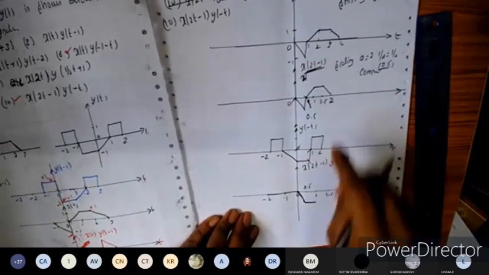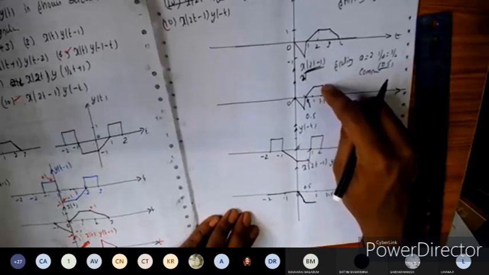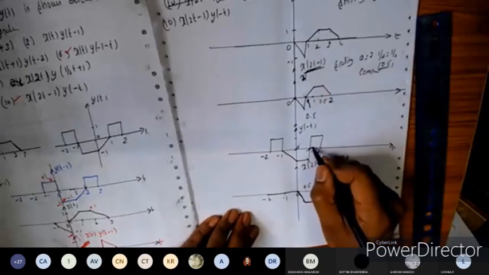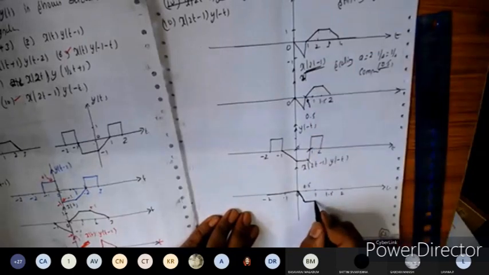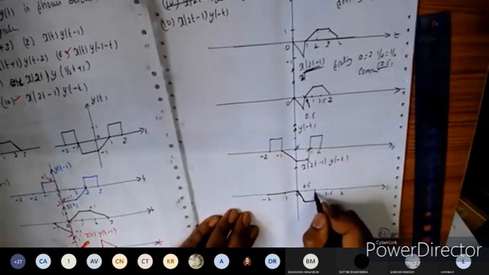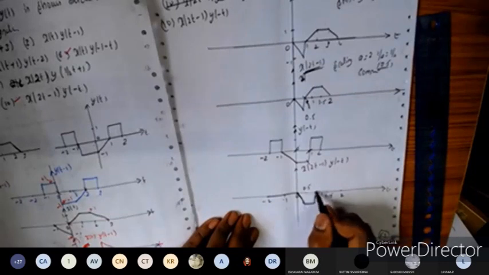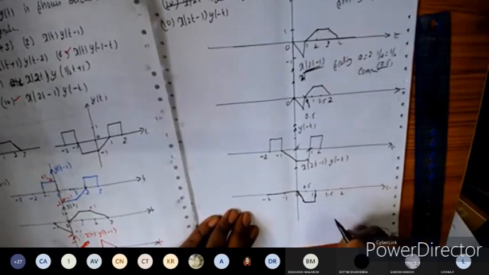Okay, so next at t is equal to 1.5. At t exactly equal to 1 I'll take here. It is 0. At t exactly equal to 1, it is 1 only. So 0 multiplied by something will be 0, like this we'll get here. This is 0.5. This is 1 here, the time axis 1 here.